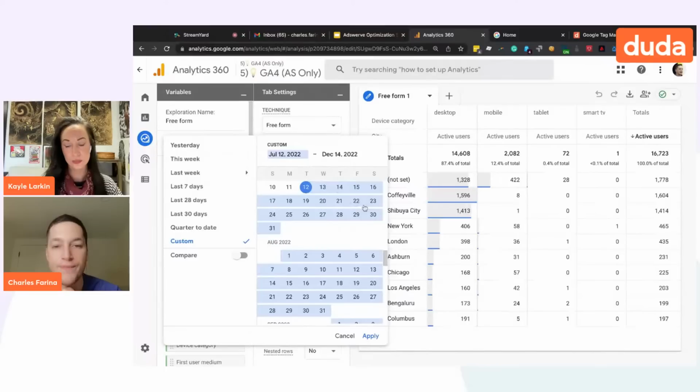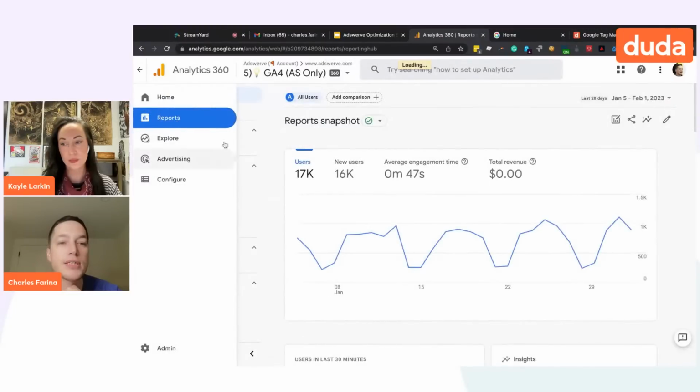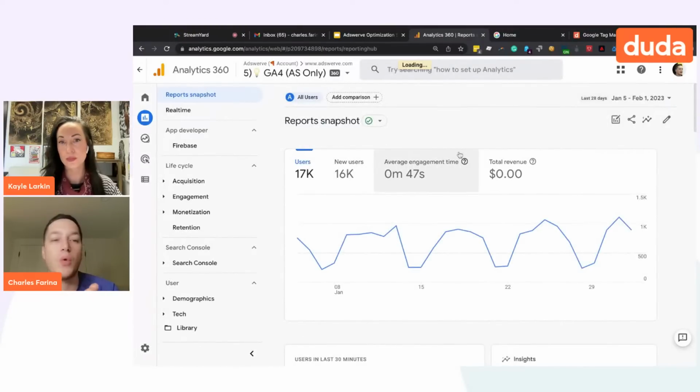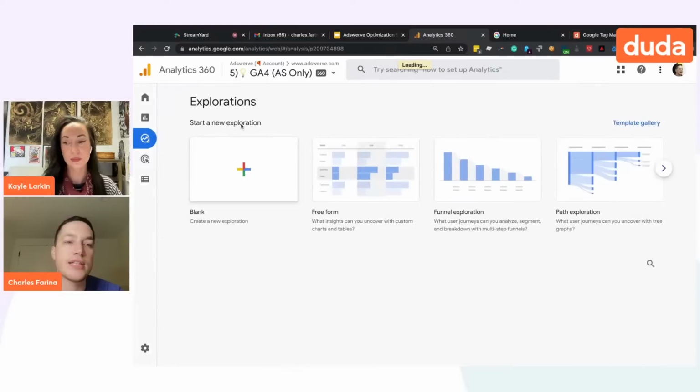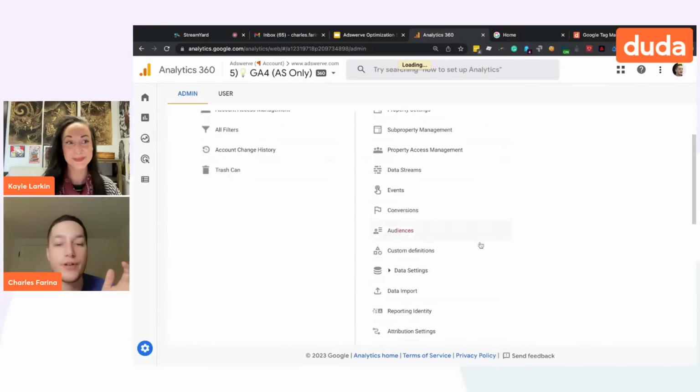There's another area of Google Analytics called the standard reports. The standard reports will have data from the very beginning of when you implement it. The data retention setting doesn't impact this, but it does impact this really new cool area of GA4 called Explore. So this can be very confusing for new users.